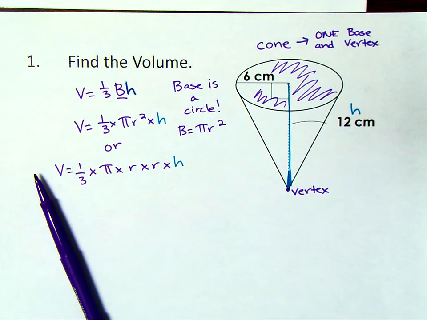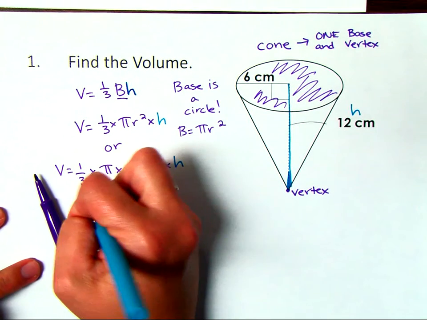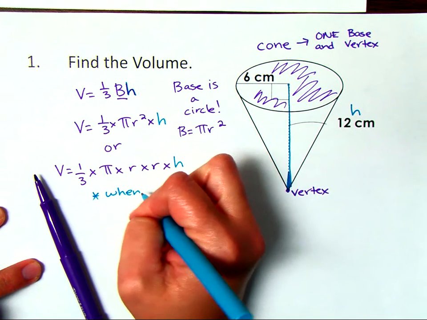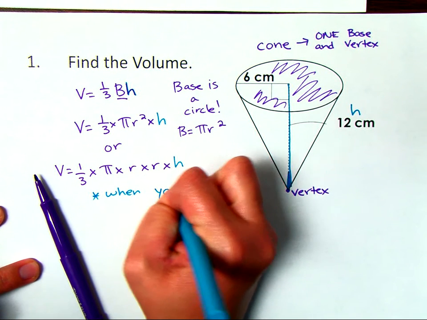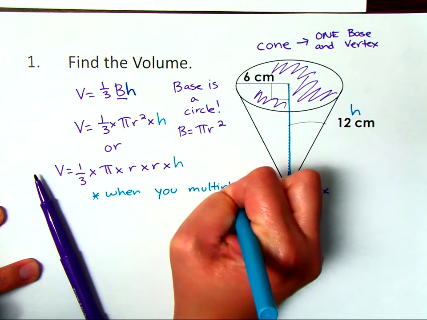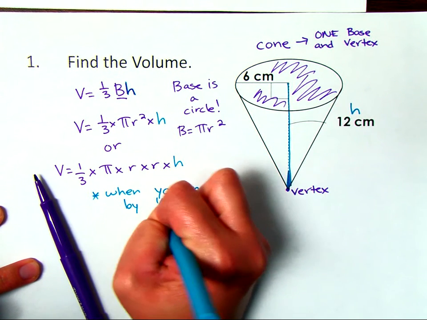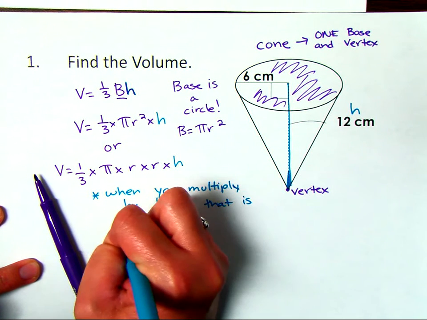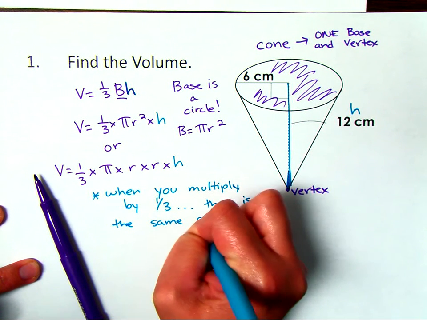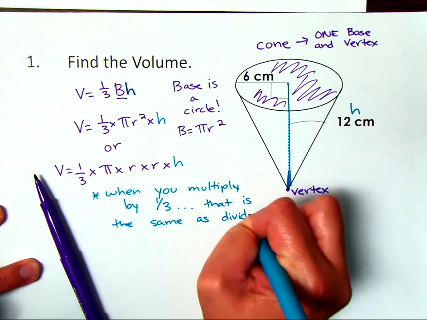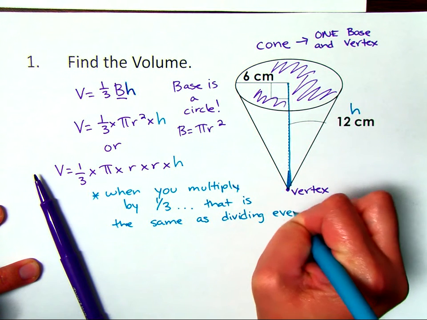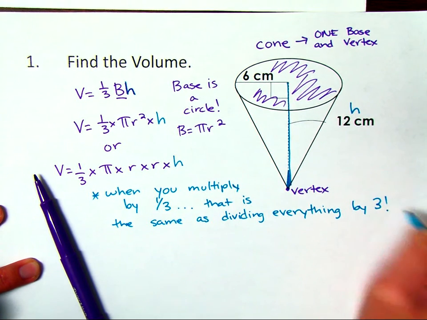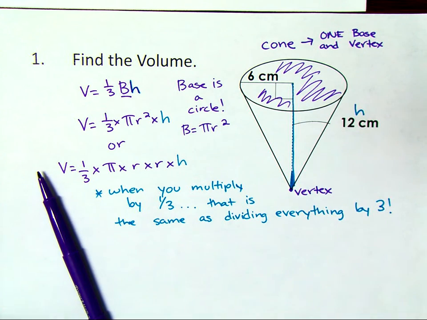Now remember, little side note, when you multiply by 1/3, that is the same as dividing everything by 3. So I'm going to show you 2 ways that you can type this into the calculator,